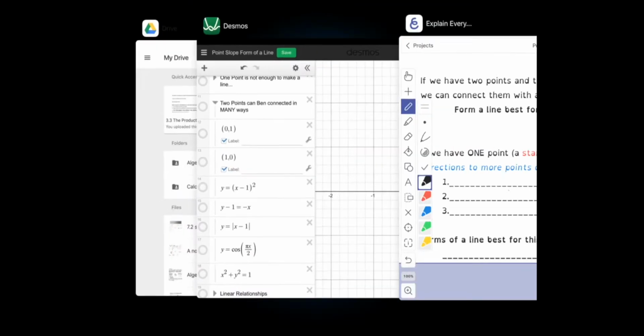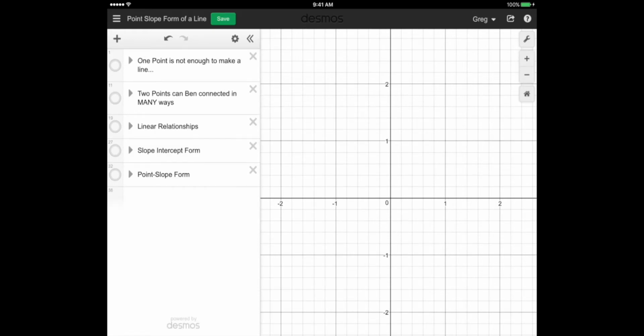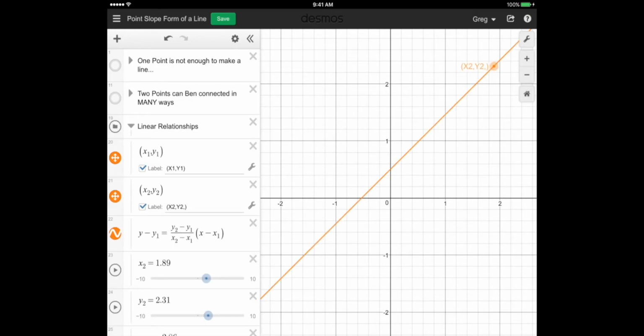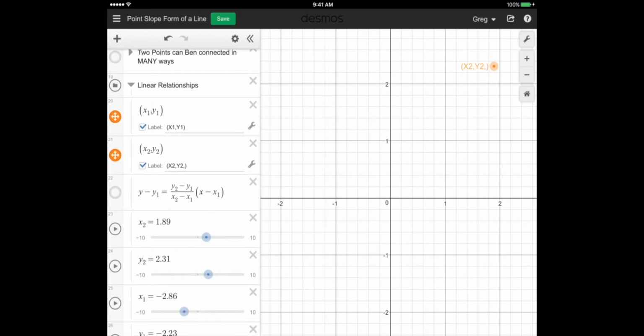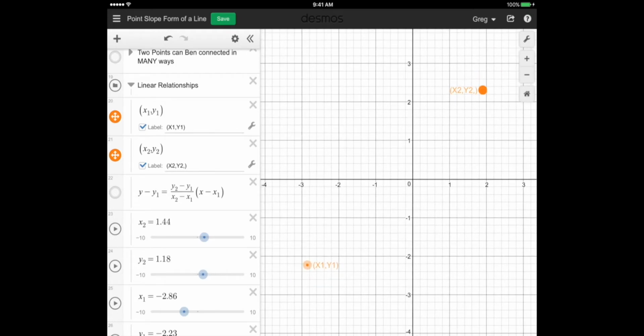So the first relationship we looked at was that situation, if we were able to get 2 points on a graph. So here again, I'm going to label 2 points, just any 2 random points that we have on our graph. So there they are. No matter where I put these 2 points, if I have 2 of them and I know that I'm going to connect them with a linear relationship, that's enough to make sure we have our line. There's a lot of different types of lines. They can look in different ways, but if we have 2 points, we can connect them with a straight line. So we started